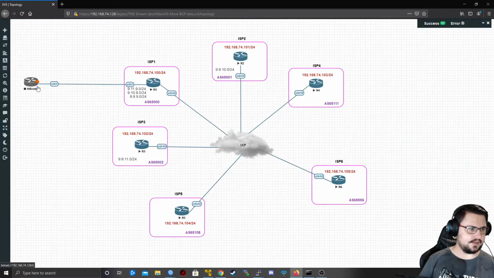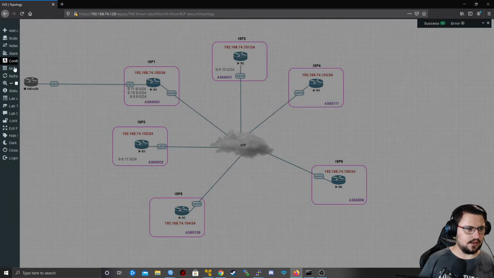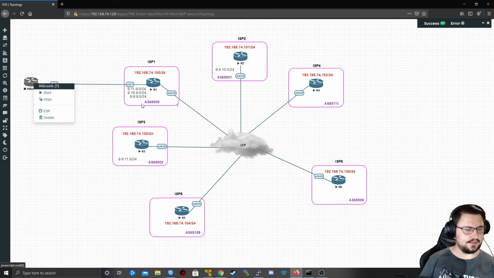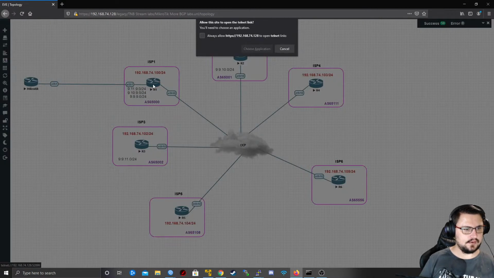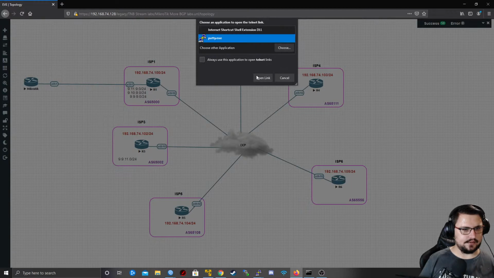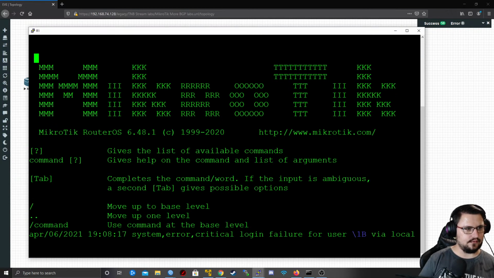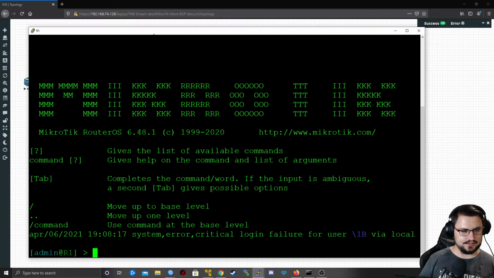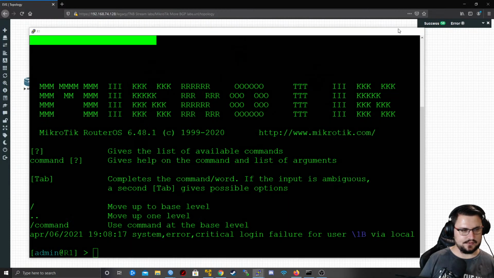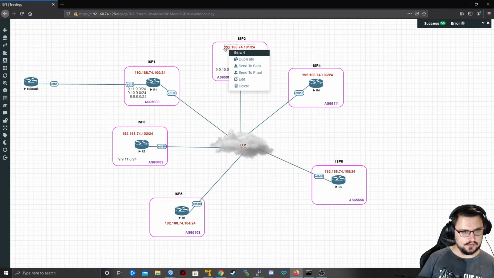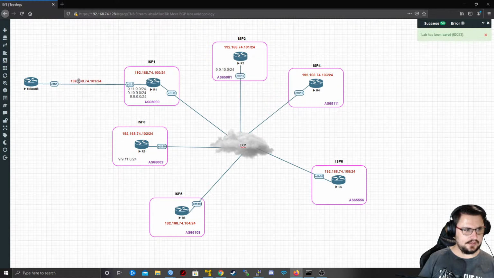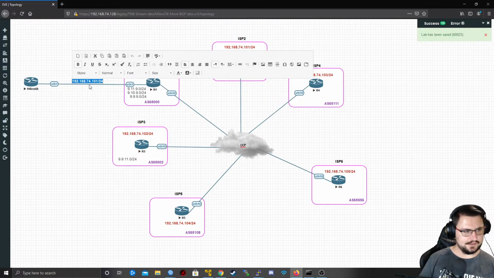Let's start up this other router. No, I don't want to wipe the node. So let's start this up and jump onto router 1 as well, because we do want to set some IP address as well. So let's just duplicate this IP, but this won't be a public IP address now. This is going to be,